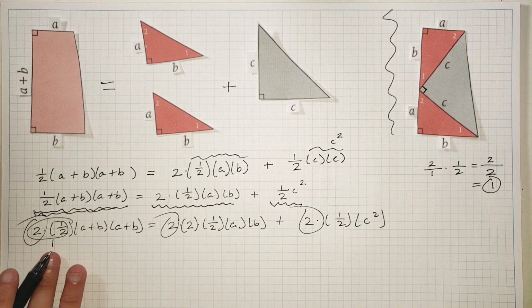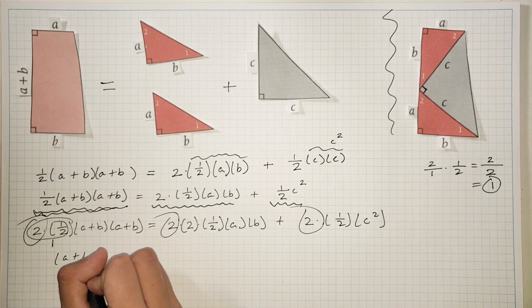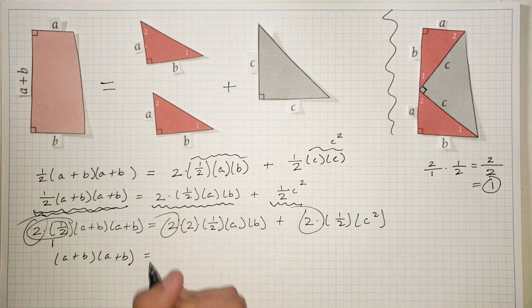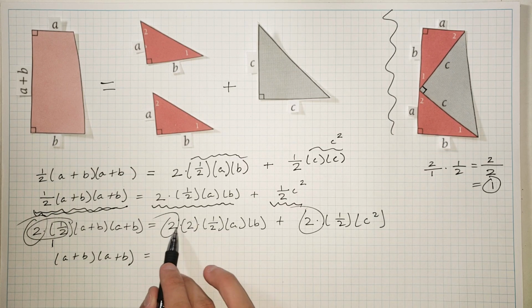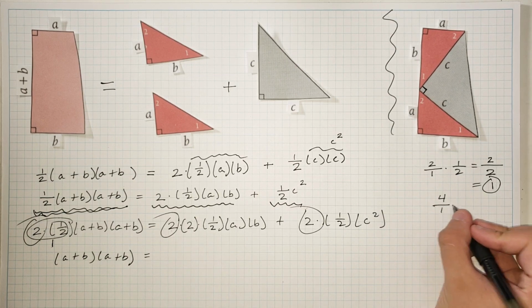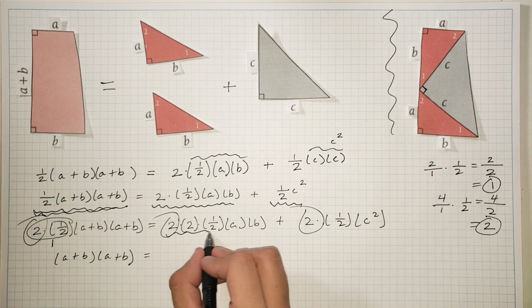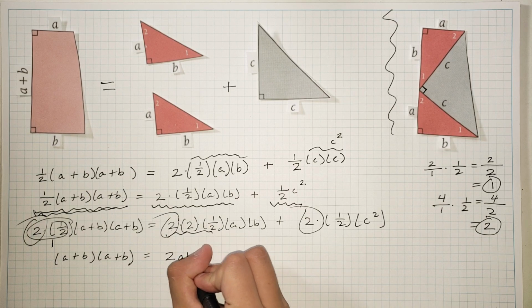Okay, that's nice. 1's nice because 1 times anything is that anything. So 2 times 1/2 here, we get 1 times this, which just becomes that. A plus b times a plus b equals 2 times 2 is 4, right? 2 times 2 is 4. 4 times 1/2 is, well, 4 as a fraction is 4 over 1 times 1/2. 4 times 1 is 4. 1 times 2 is 2. 4 divided by 2 is 2. Okay, so that means that this whole thing just turns into 2 times a times b. So you get 2ab